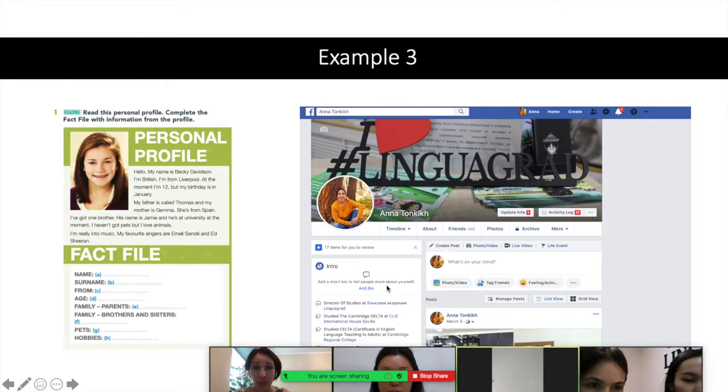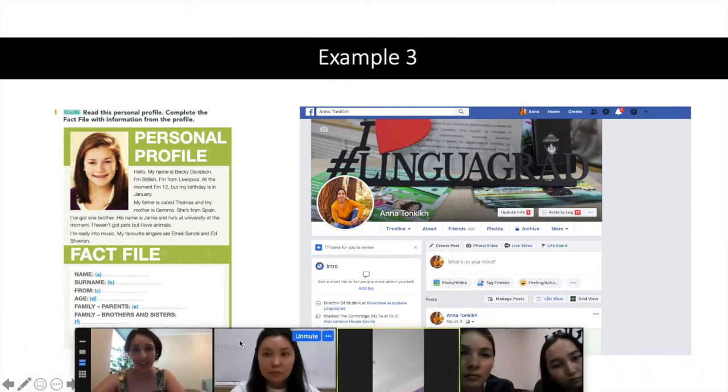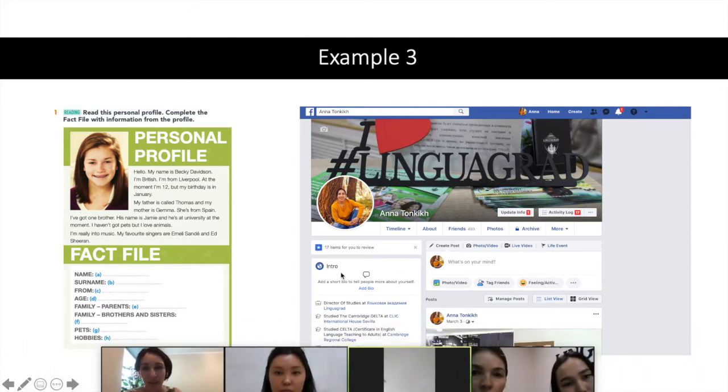My activity would be: go to a Facebook page or any other social media, go to the introductory part, and let's complete it together. Let's complete it online by physically typing stuff in, by creating realistic profiles in a realistic digital environment.